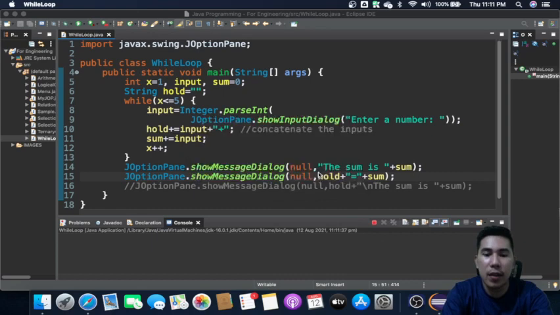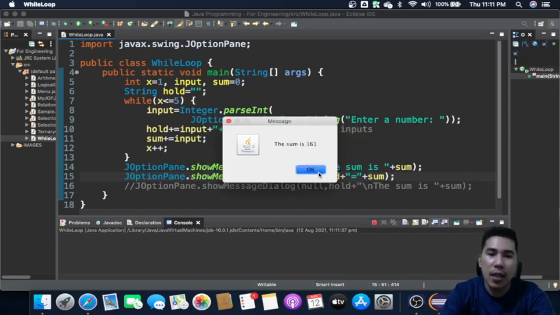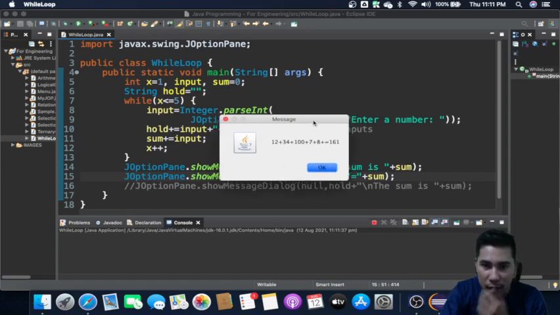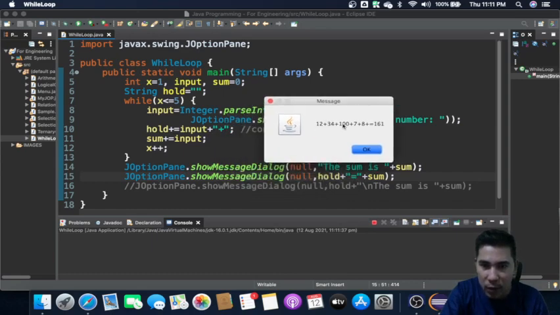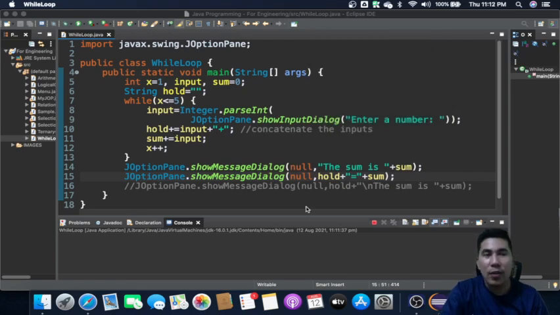So 12, 34, 100, 7, and then 8. So the sum is 161. That's line 14. And then this one right here is 12 plus 34 plus 100 plus 7 plus 8, which is 161. So that's the end.